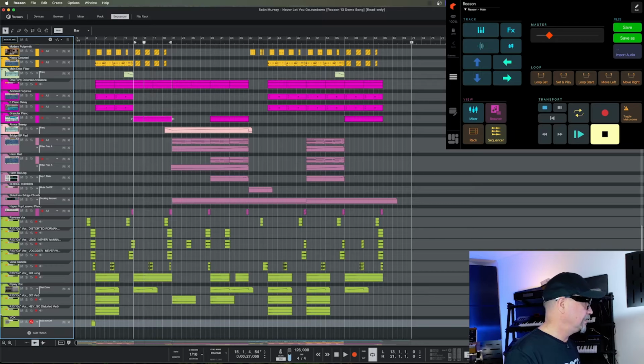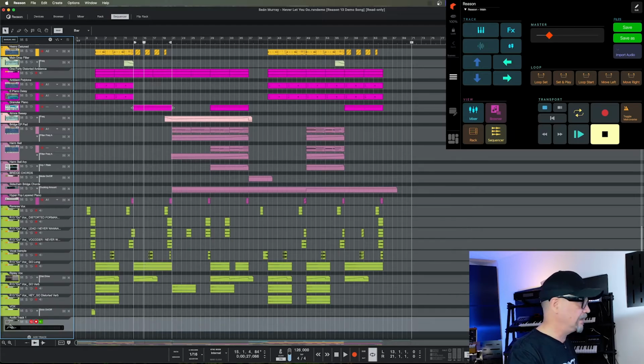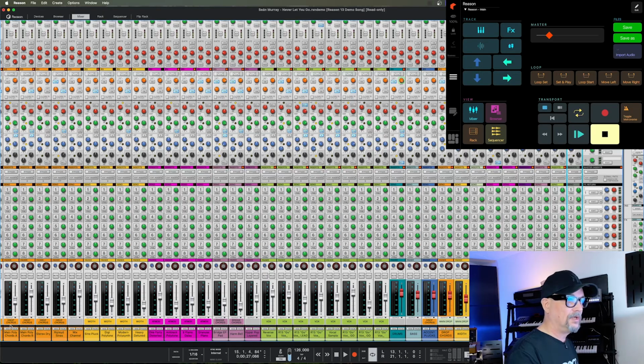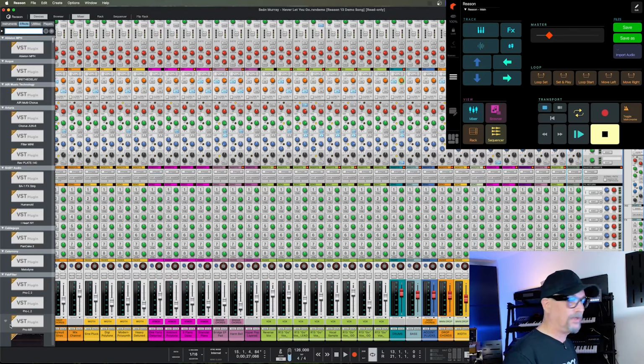Yes, please. Then of course, when you are here, if you would like to add an audio track, you could just tap here, and it will do a Command D, so it will add an audio track. Then if we go into a mixer view, and I have that audio track selected, I can press the FX, and it will bring me